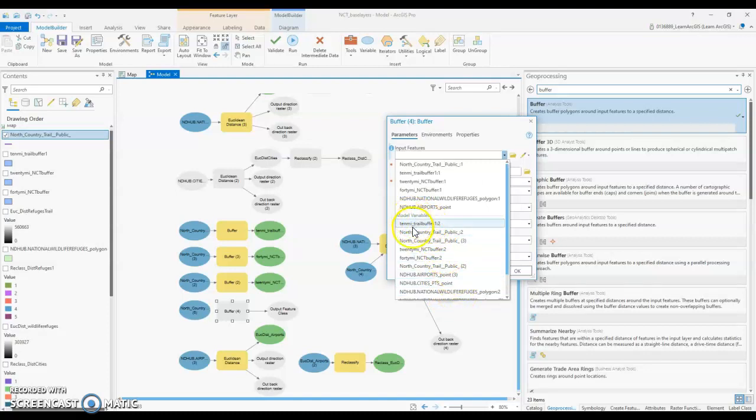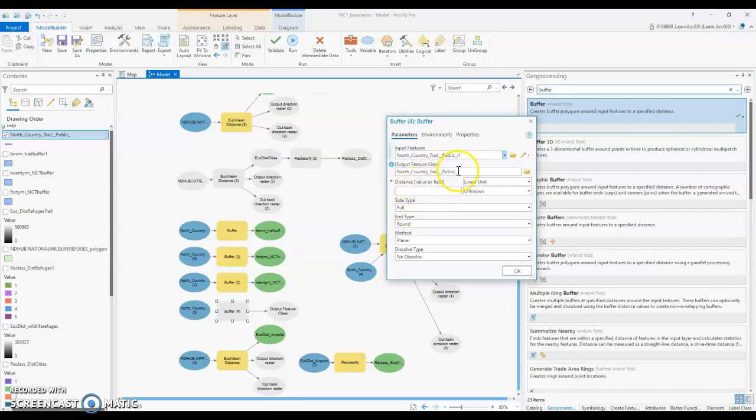You want to select the layers under this model variables. These ones are specifically just the map layers. So if you were to accidentally click this one, it wouldn't connect back to this layer. It would create its own connection, and then this one would kind of just be pointless. So make sure you're using the layers under the model variables. So my input feature is going to be that one, and your output feature class is essentially just an organizational